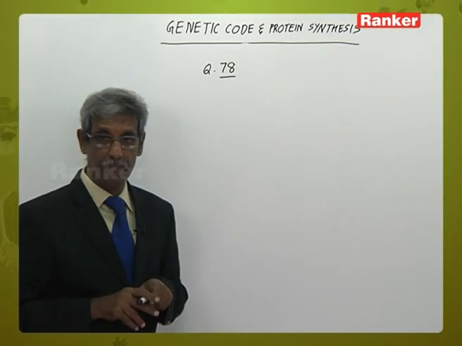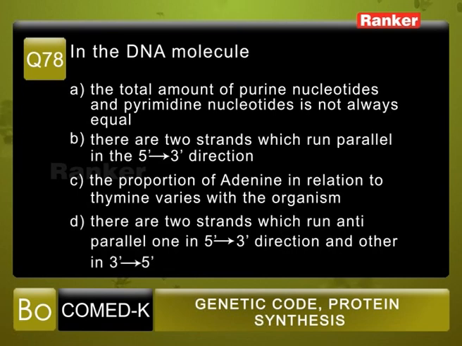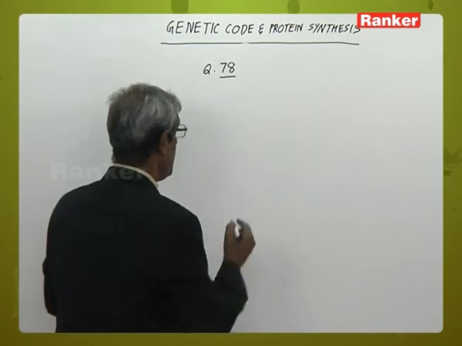Question number 78. In the DNA molecule, the choices are: A. The total amount of purine nucleotides and pyrimidine nucleotides is not always equal. B. There are two strands which run parallel in the 5' to 3' direction. C. The proportion of adenine in relation to thymine varies with the organism. D. There are two strands which run anti-parallel, one in the 5' 3' direction and the other in the 3' 5' direction. When you take a DNA molecule,